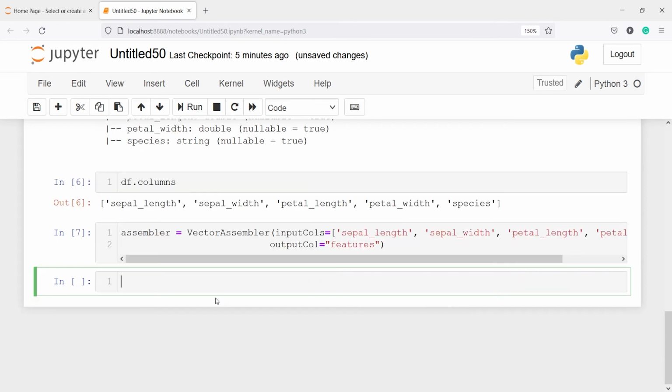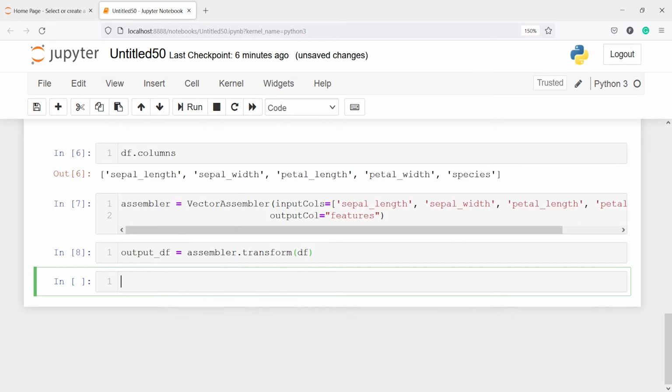Let's execute our code. I have created these input and output columns, and now I need to fit this on the data frame df. I'll make one variable output_df, and now I will call this assembler and I will call transform on data frame df. Let's execute our code. Now I'm going to print this output_df. I will write output_df.show,